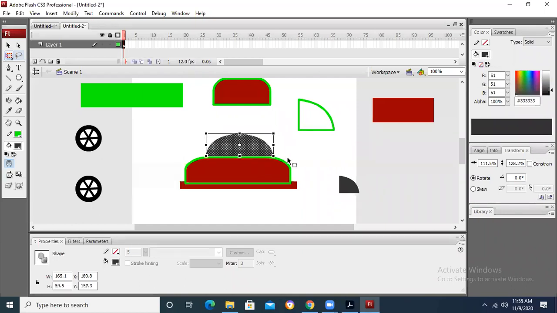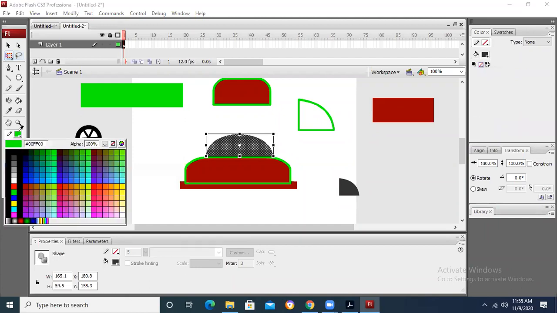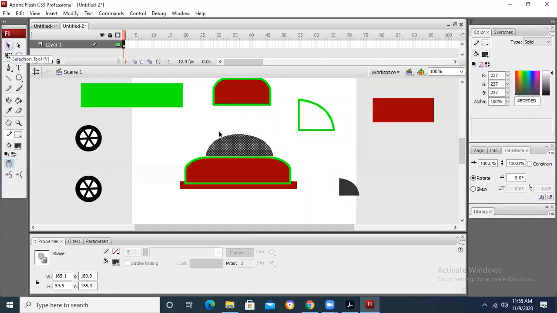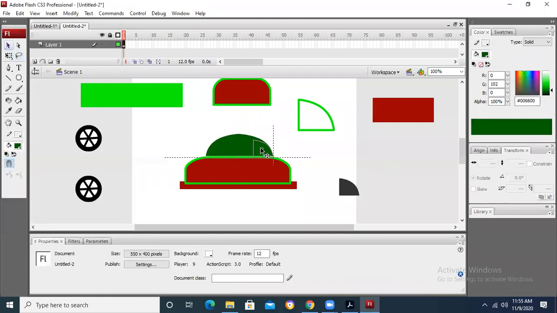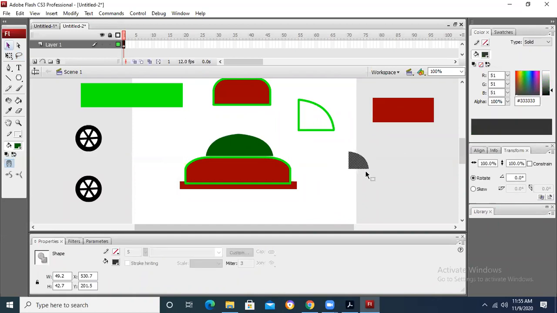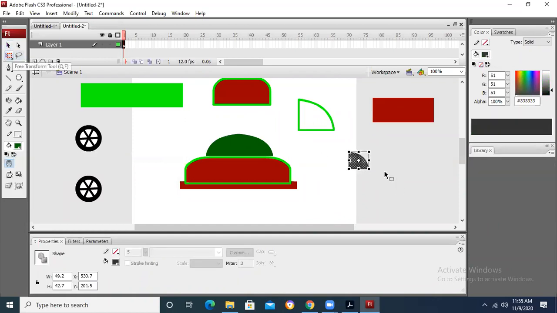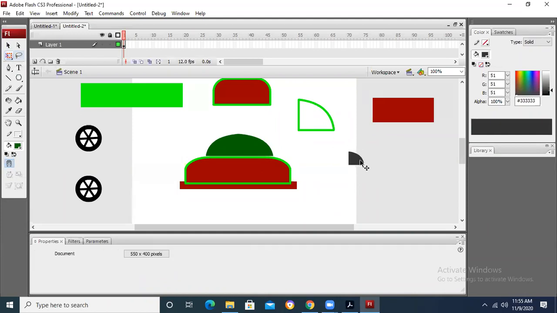If you take the object in the similar color, it will be joined easily. If you take the object in some different color, it won't be joined easily. This is a very important thing that we need to understand whenever we are making any object. So if it is in the similar color, it will be joined quite conveniently, but if it is in some different color, it will be difficult for us to join them. And of course we will have to make them separate.